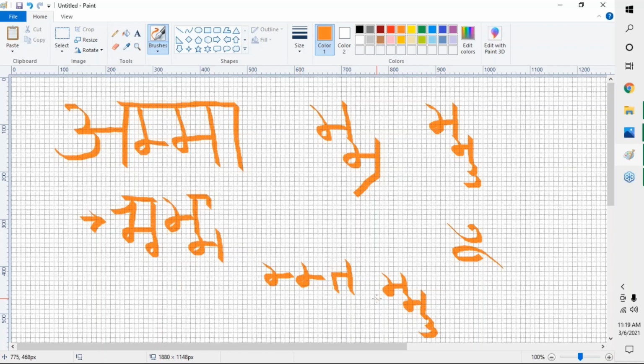That is the rule. A very hard rule in Sharda: any character which is after a half letter will be written below. This ta was after the half letter of this ma, so it will be written below this ma. This ma itself was after this half letter, so it will also be written below. So sometimes there can be alphabets which complete like this, in a sequence like a vertical line. That is exactly correct.